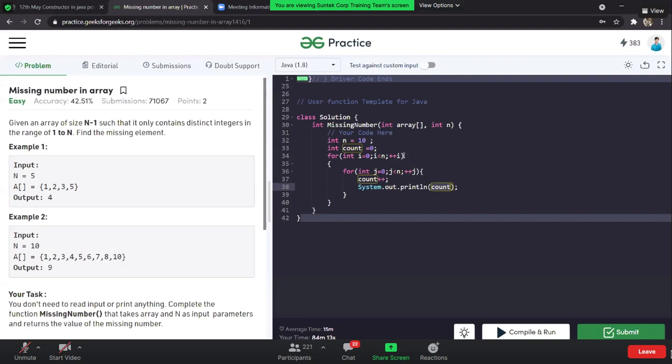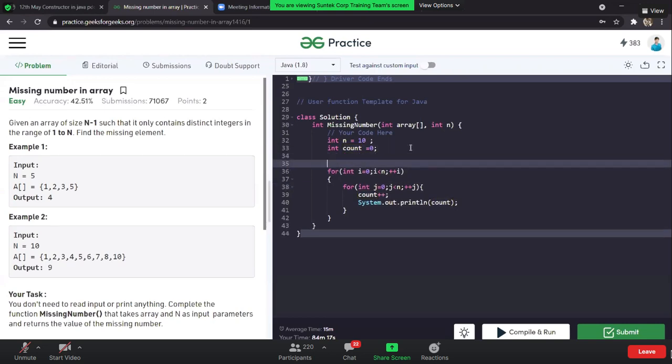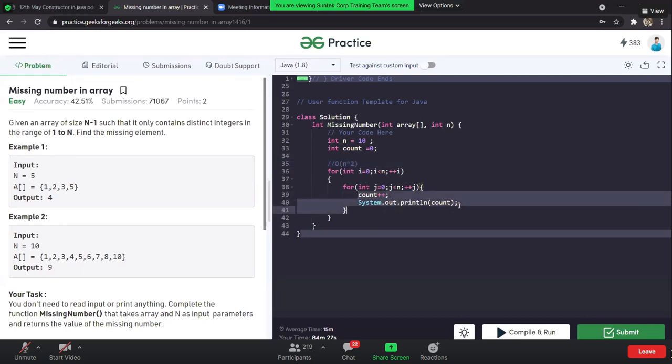So if I ask you the time complexity for this function, it is going to be big O of n square, because how many times the inner statement gets executed, whatever you have written over here, that is exactly what time complexity is.